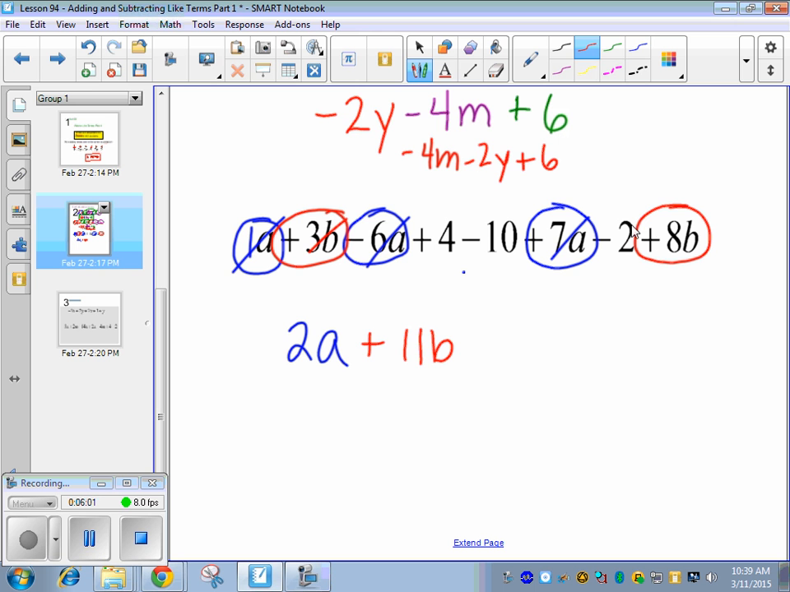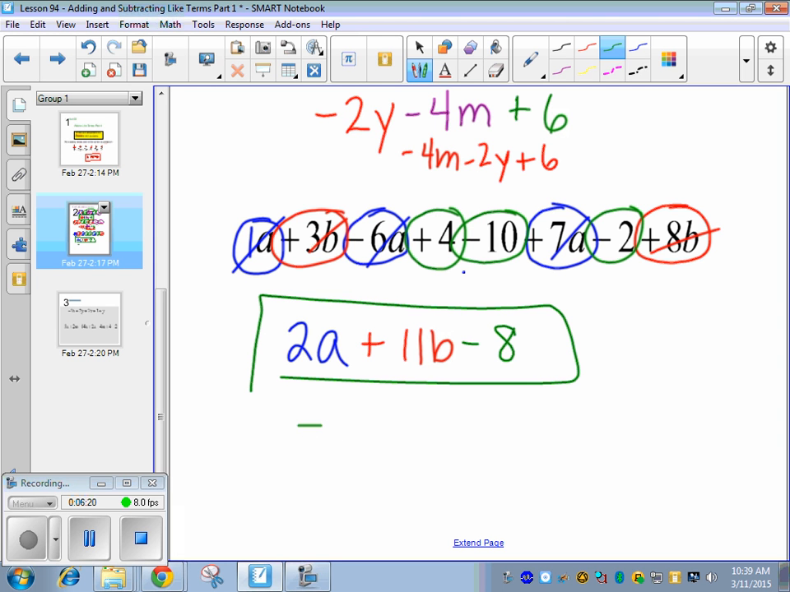Okay. And then we're going to add all of our numbers here, our constants. So we have a plus 4, a negative 10, and a negative 2. Coleman, what is that? It was negative 8. Good. Again, you could even have an answer like this. Negative 8,